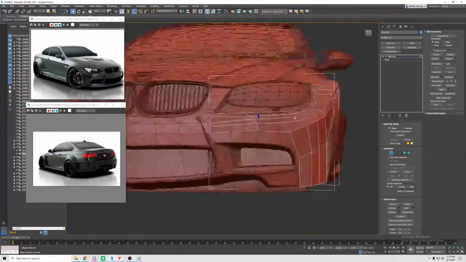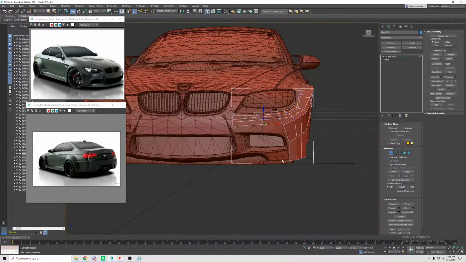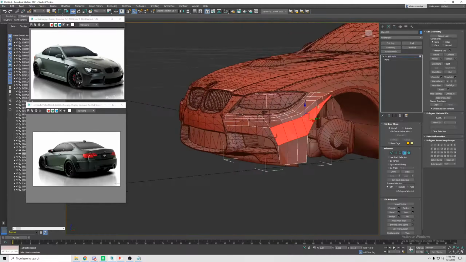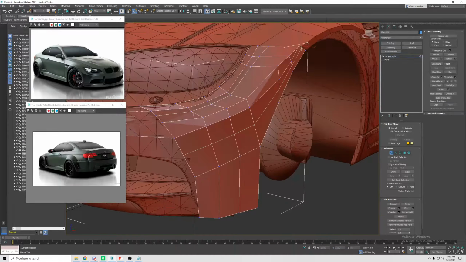Alright, so now you can really see the general shape, and we're gonna start to just kind of see